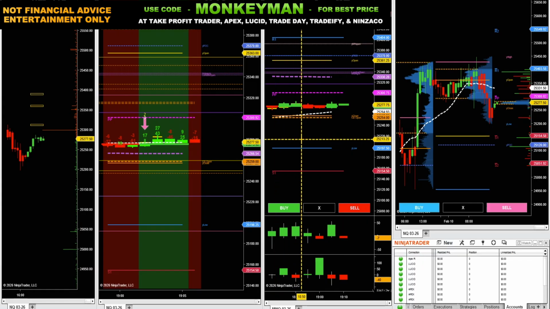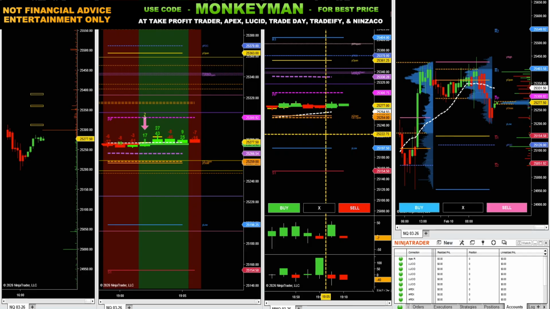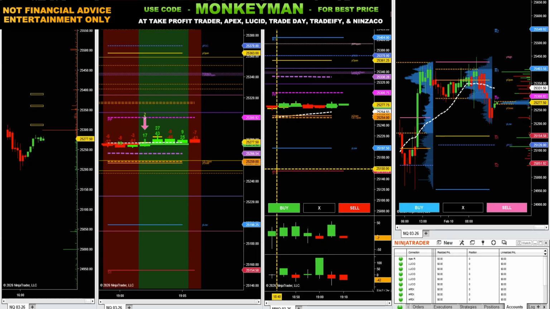And I guess there used to be a way where you could right click on the chart and choose the connection for each chart. So you could choose which data feed was coming through for each chart, but that is no longer a possibility. So my best option is to connect the Rithmic first, the Tradovate accounts second, and then